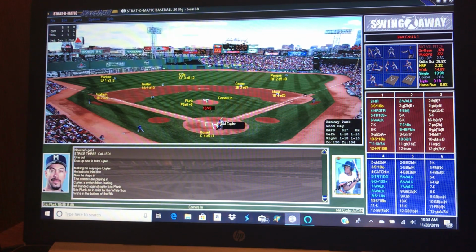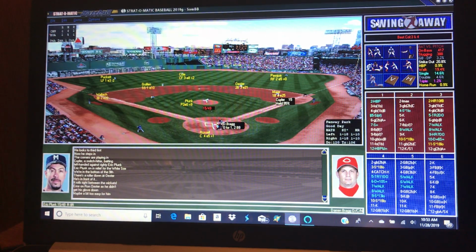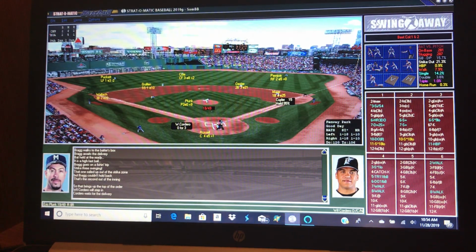And now Milt Kyler. Milt Kyler, I don't care if he's a lefty. He was a terrible hitter. He bounces out to... No. It was an out. It was an error. Darren Bragg's up with Kyler on. And he strikes out. And that's 2 out. And now Cordero up. And I'm surprised they didn't try to steal with Kyler, but they didn't.